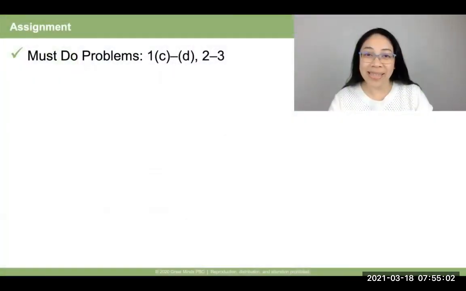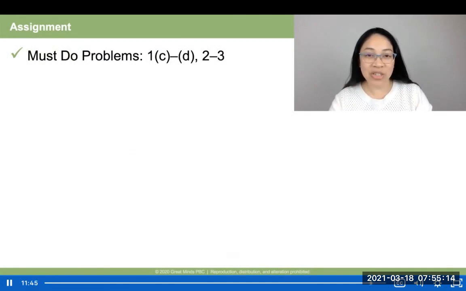We've arrived at today's problem set. Your must-do problems are here on the screen. Go ahead and set a timer or watch the clock for 10 minutes to complete this work. If you have any additional time, you know what